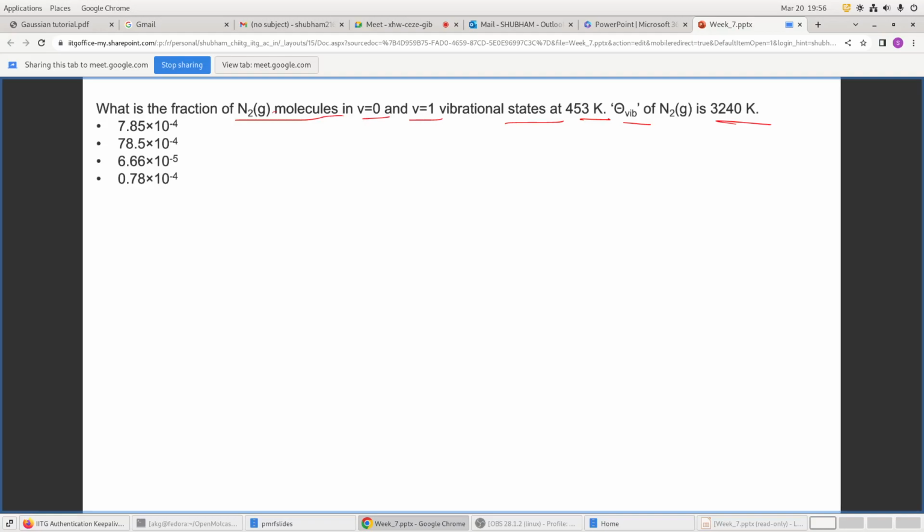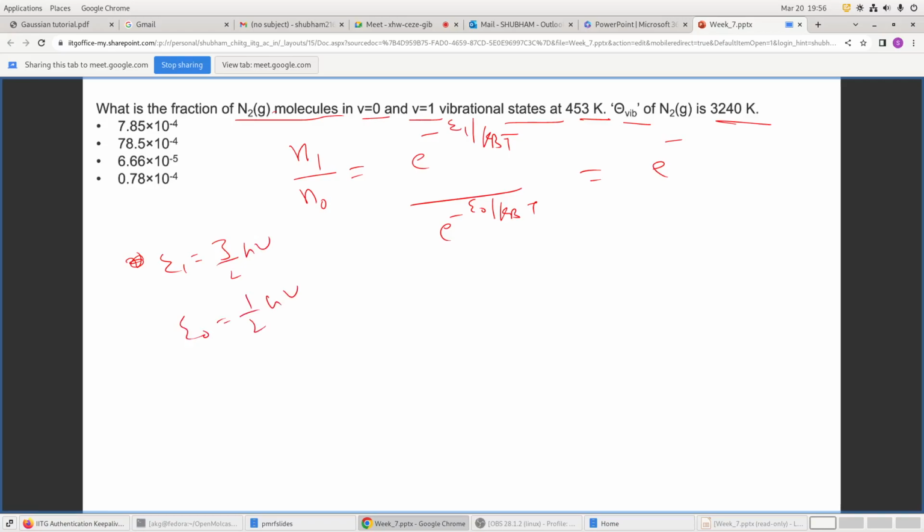Fraction of N2 molecule in nu is equal to 0 and nu is equal to 1 state, that is N1 by N naught, is equal to e to the power minus E1 by kBT divided by e to the power minus E naught by kBT. That is equal to e to the power minus, since we know that E1 is equal to 3 by 2 h nu and E naught is equal to half h nu, so this is 3 by 2 h nu by kBT divided by e to the power minus half h nu by kBT. So this is equal to e to the power